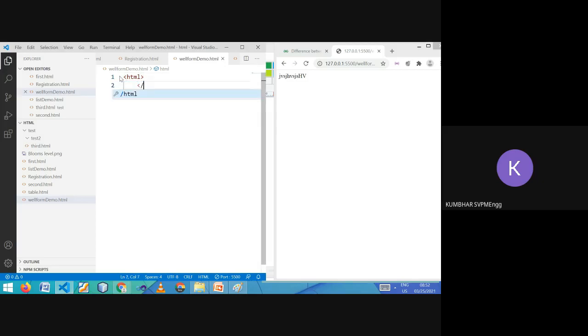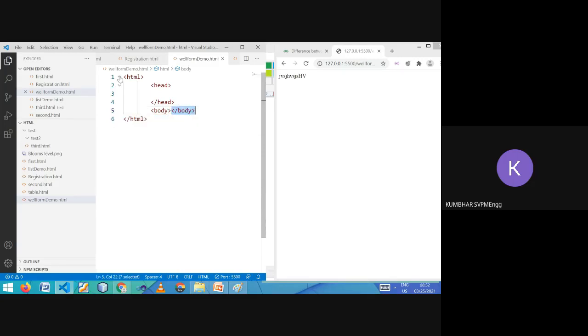Or let's say suppose this is the end of HTML. This is the head tag and body tag.